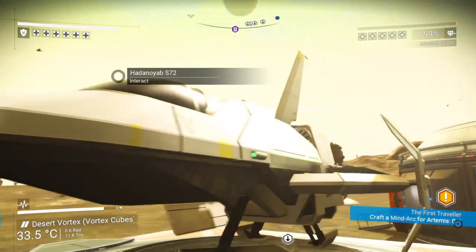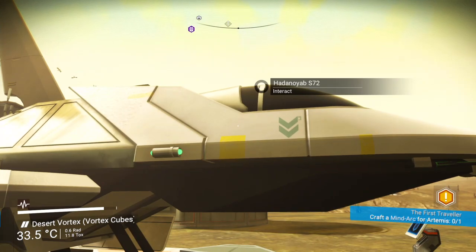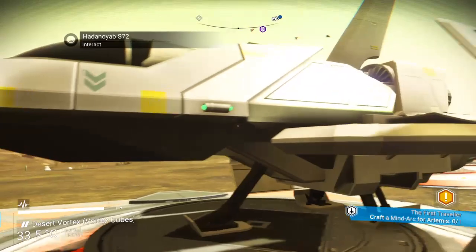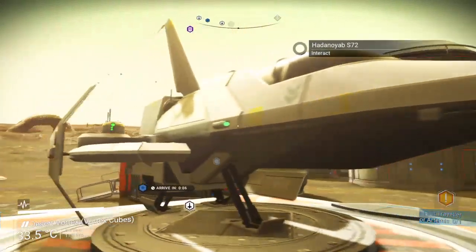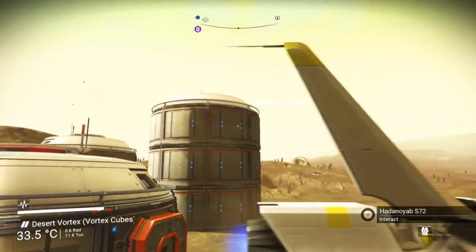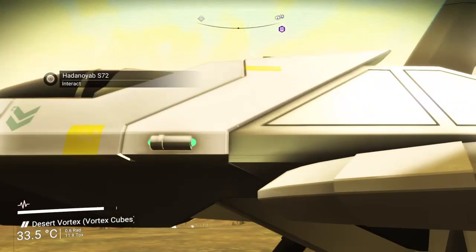So yeah, this ship cost me like 14 million, and it's the first A-class fighter I've ever had. The first decent fighter I've ever had. I've had fighters before, but never above a B-class, I don't think. But I like the colour of it, and the price wasn't so bad. It's quite a lot of money, I suppose, but I had the money,